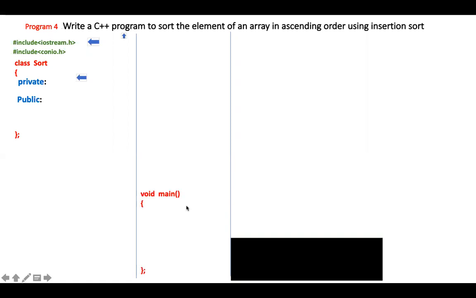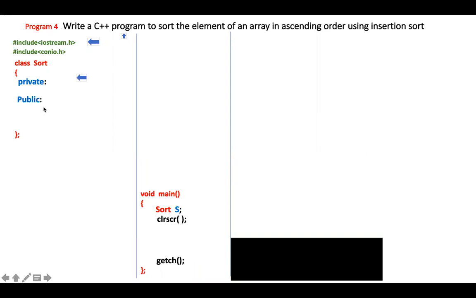Void main method. Main function. Yeah, main function. So under the main function, you'll write your class name. The class name is sort, and we'll give some short name for your class, that is also called an object. Then you'll write clear screen and getch.